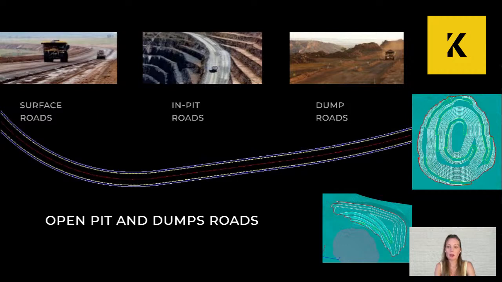Plus, there are auxiliary roads for smaller vehicles and safety berms regulated by mining standards and usually overseen by surveyors or geotechnicians. Then we have roads on the surface of the pit. These roads connect the quarry to other parts of the mining operation, like stockpiles, dumps, and factories. They're generally wider than the internal roads because they have more space to work with.